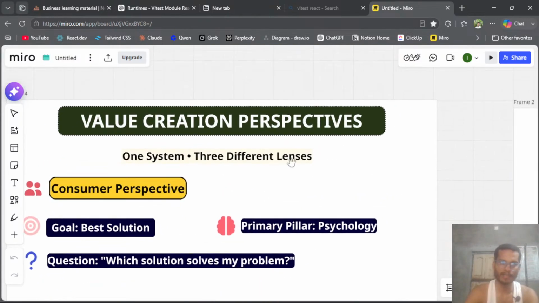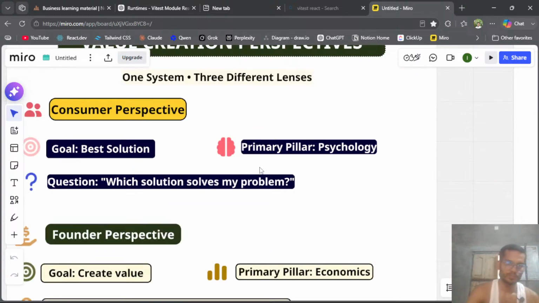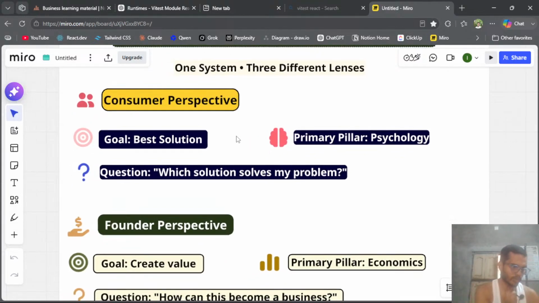So this is the perspective I call one system, three different lanes. So first is a consumer perspective. So let's say you are a consumer, so you don't care about the technology, the economics, the government, you care